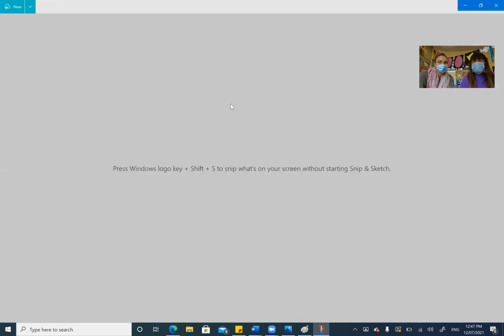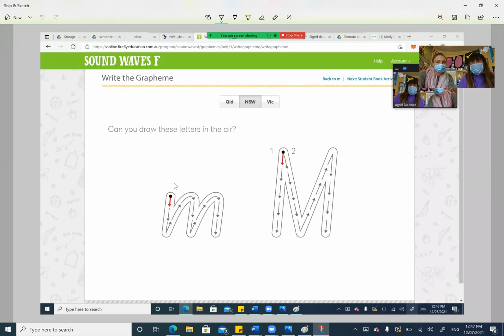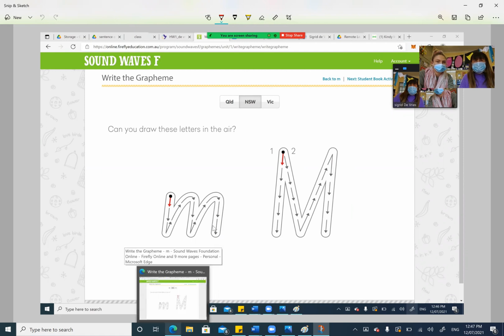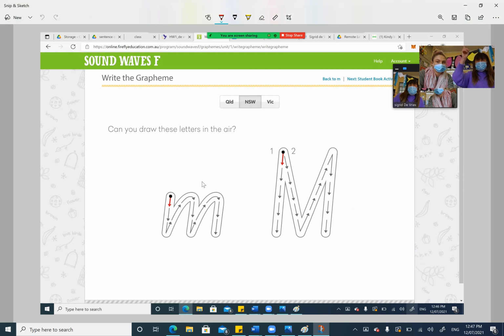Okay, what we're going to do is you can stop the tape now and grab some pencils, maybe grab 4 or 5 pencils and get ready to do some rainbow writing. Before we do that, I want you to get pointer in the air and we're going to draw it in the air first. So have a look where we start. We always start at the top except for our letters D and E. So start at the top, we go straight down, back up, around, down, back up and down.